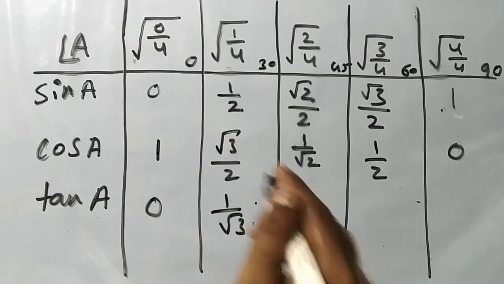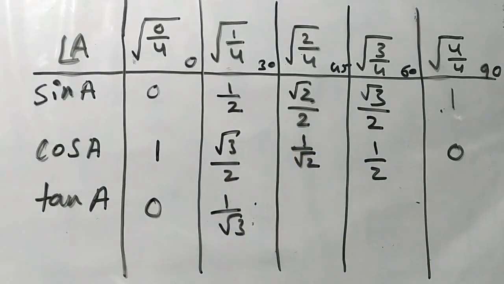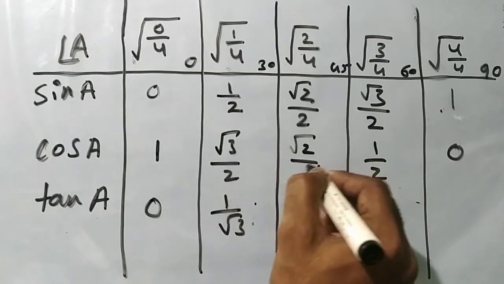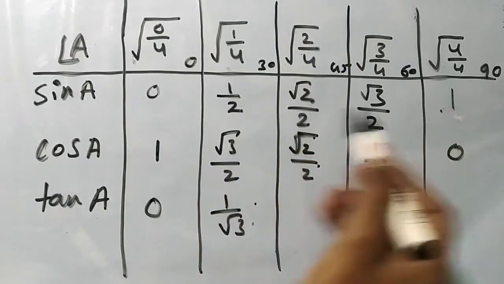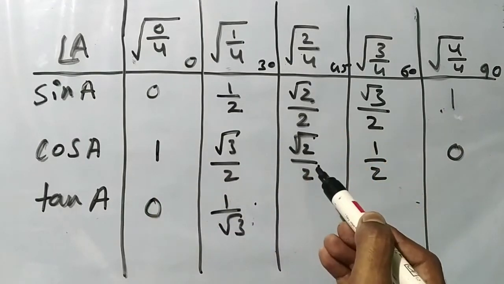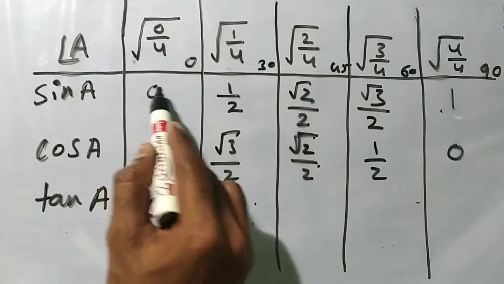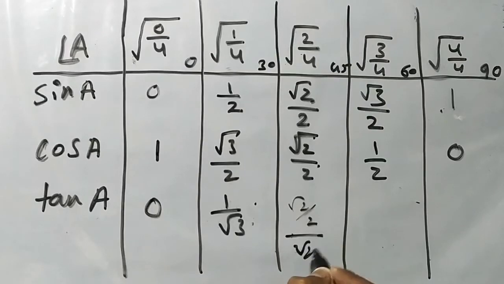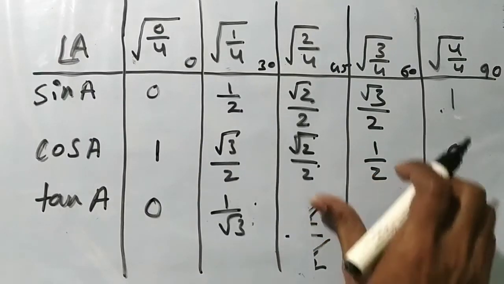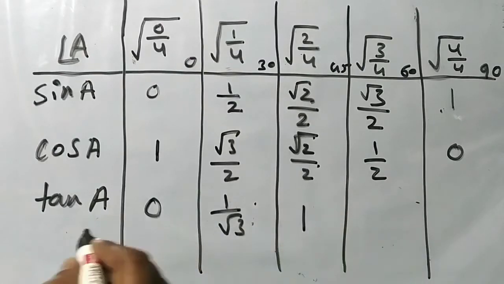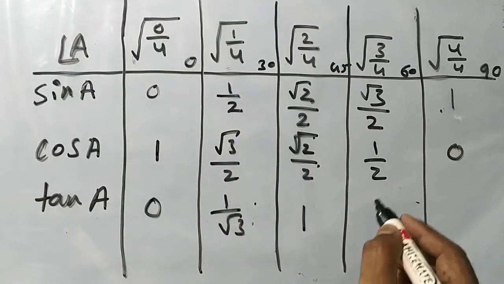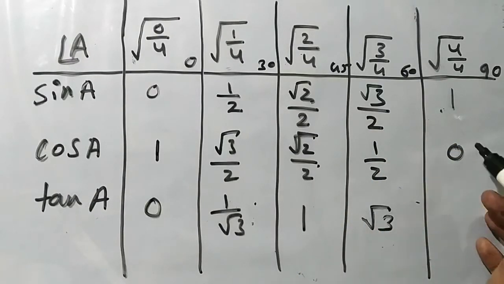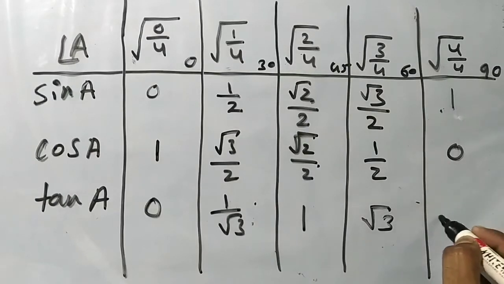Similarly, sine by cos, that is, actually write this one as root 2 by 2, for our easy understanding. Because we have to write 1 here, root 3 here, this one same position, and 1 by 2 here, 0 that side. So here we can easily imagine that is root 2 by 2 by root 2 by 2. So this one gets cancelled. We get here 1, that is tan 45 is 1, and tan 60, here this 2 gets cancelled, that is root 3 value, tan 60 is equal to root 3, and here sine by 0, 1 by 0 is infinity, that is not defined.